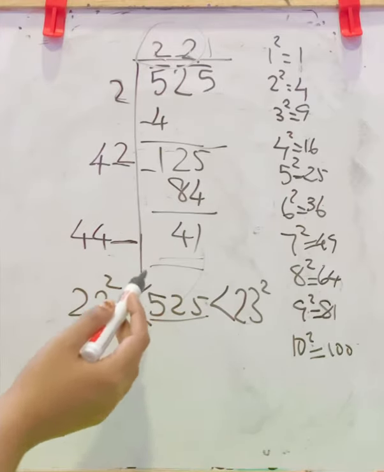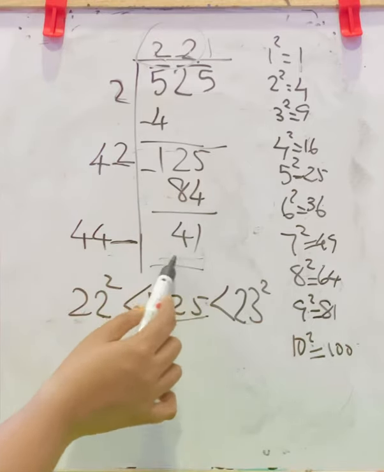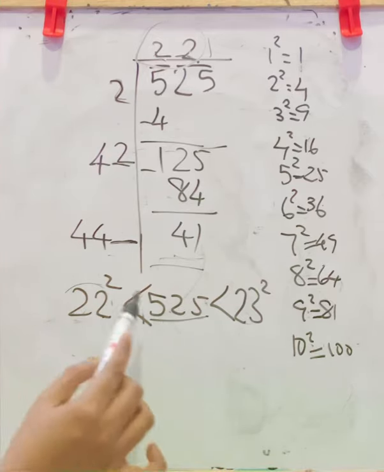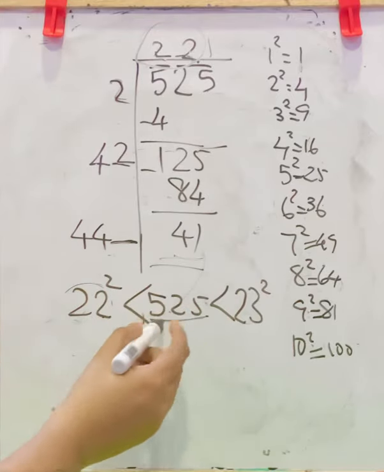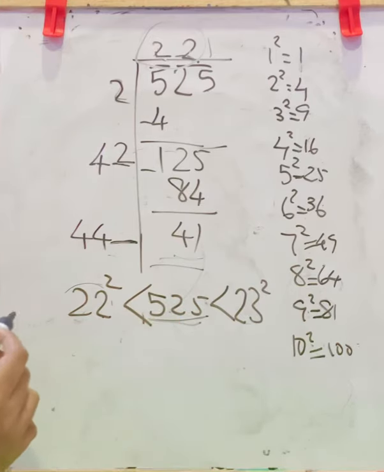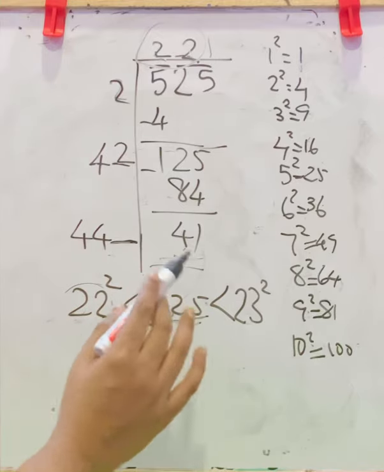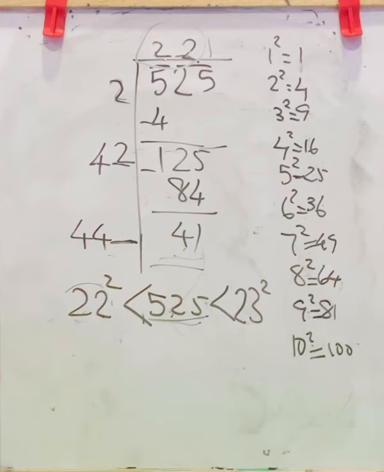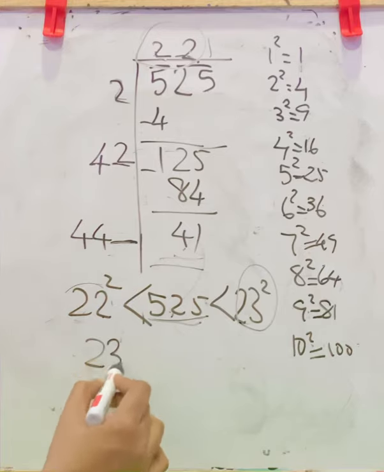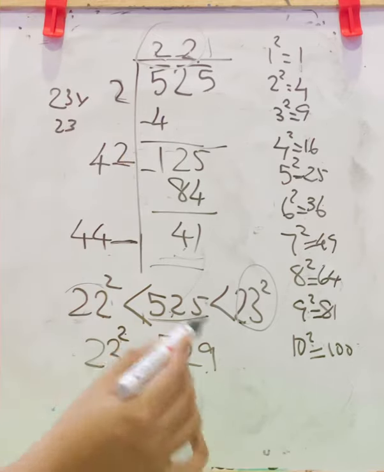If the question was, what number should be subtracted to get a perfect square, then you would subtract this from this number and say this is the square root of the new number. Now it is asked what number should be added. That is, we need a bigger square number than 525. If you subtract, you will get a smaller number than 525, but we need a bigger number. So we will consider 23 square, which is 529. Find 23 into 23, then you will get 529.